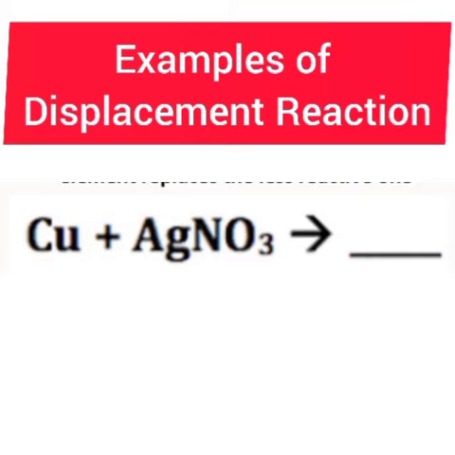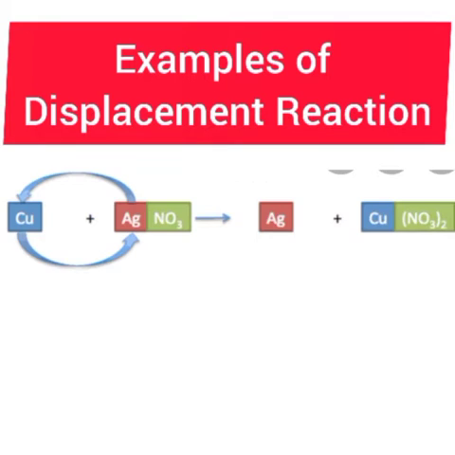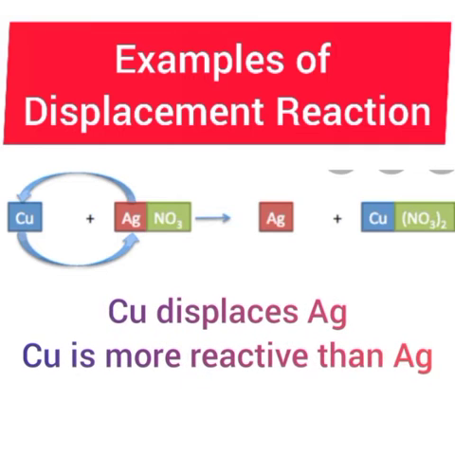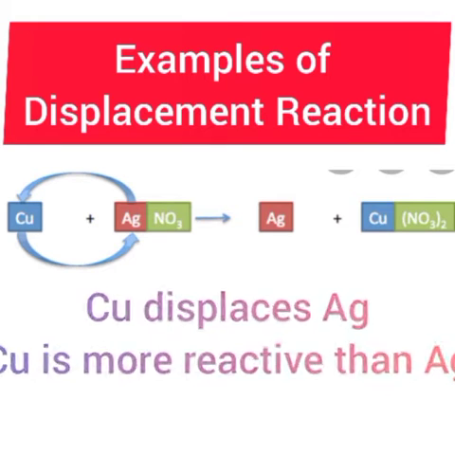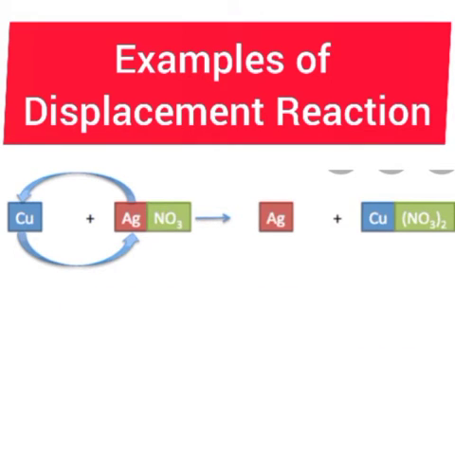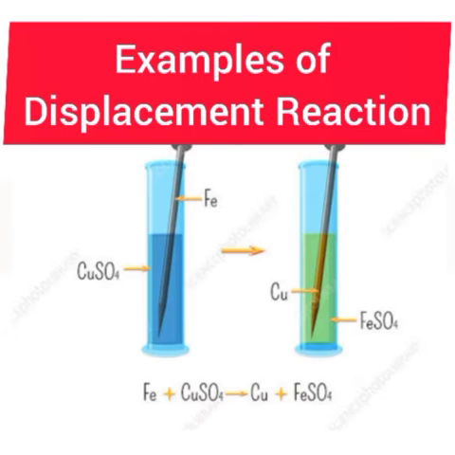The second example is the reaction between copper and silver nitrate solution, which is a colorless solution. When copper reacts with silver nitrate, copper, being more reactive, displaces silver and forms copper nitrate and silver as a product. For more understanding of the concept of displacement reaction, let us perform one activity showing that iron reacts